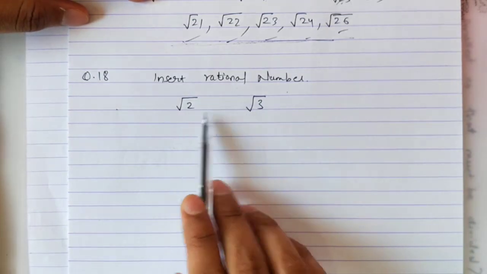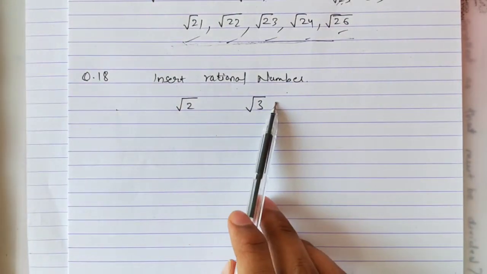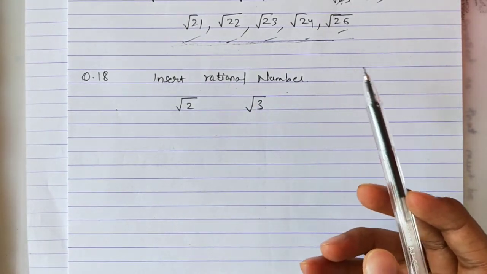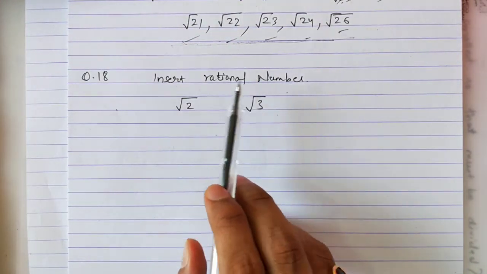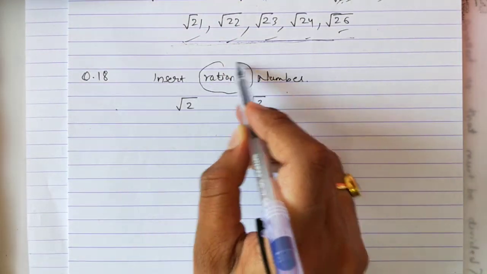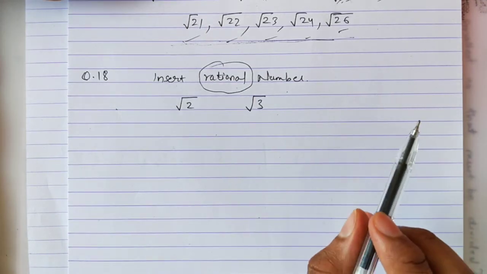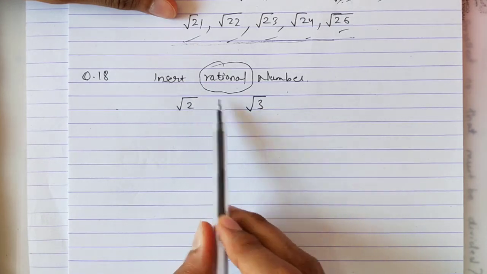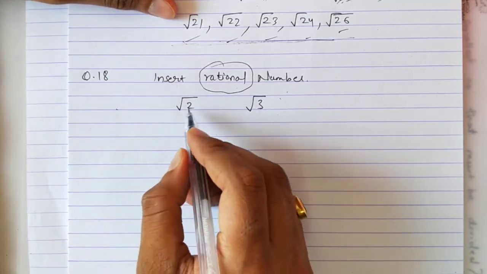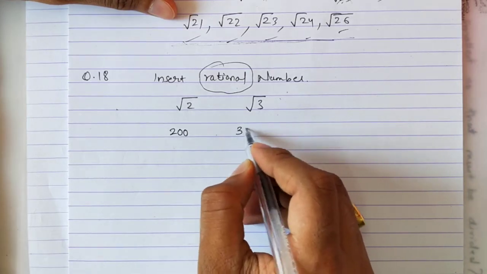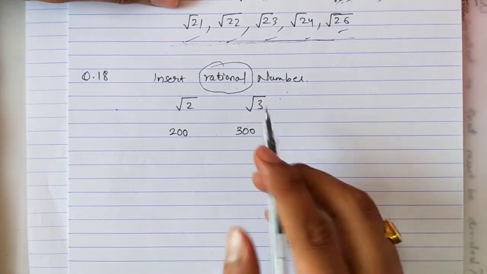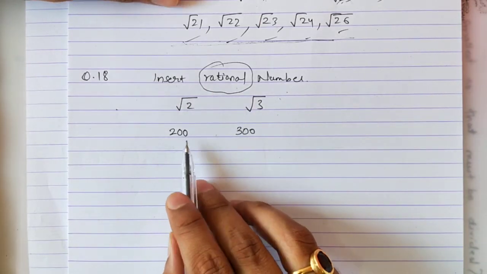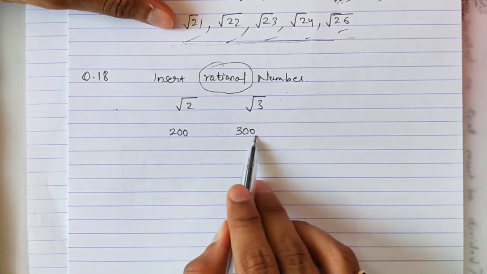See, whatever numbers which are given to you, they'll always be given in root form. Okay, between root 2, root 3, between root 3, root 5, root 7, root 8, anything, they can give you any two numbers like this. We have to insert rational numbers. Okay, so what to do? Listen, this 2, whatever number is given here, you add 2 zeros to it and just write like this. Root 2, that means nothing but 200 and 300. If you have 4, it will become 400. If you have 5, 500. Okay, so I wrote 200 and 300.